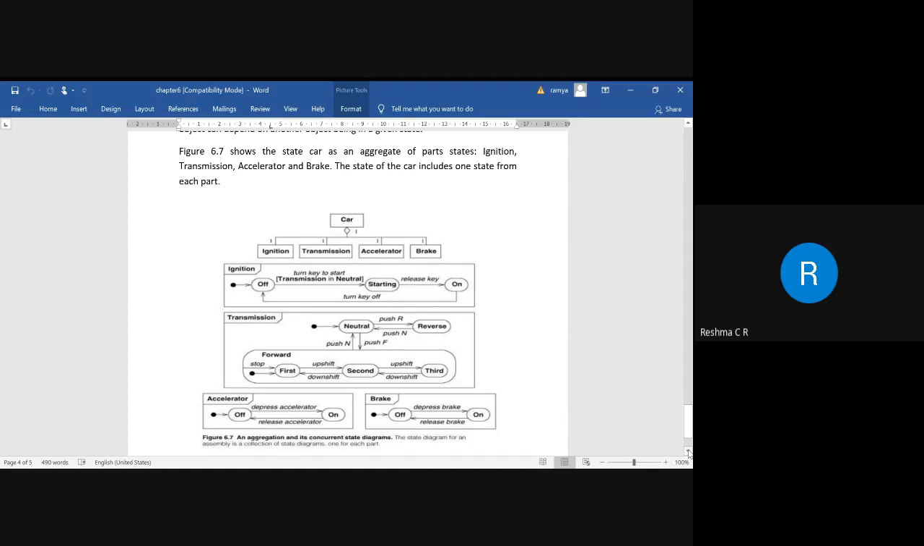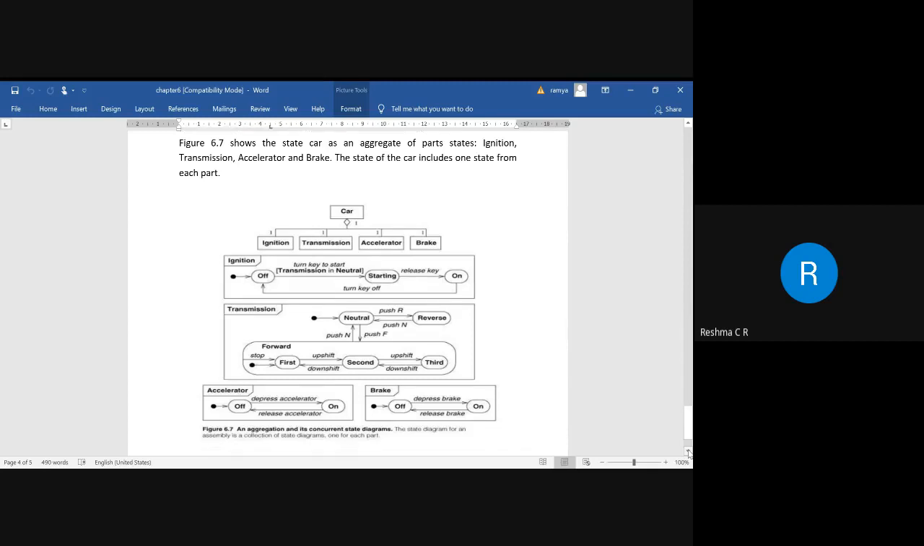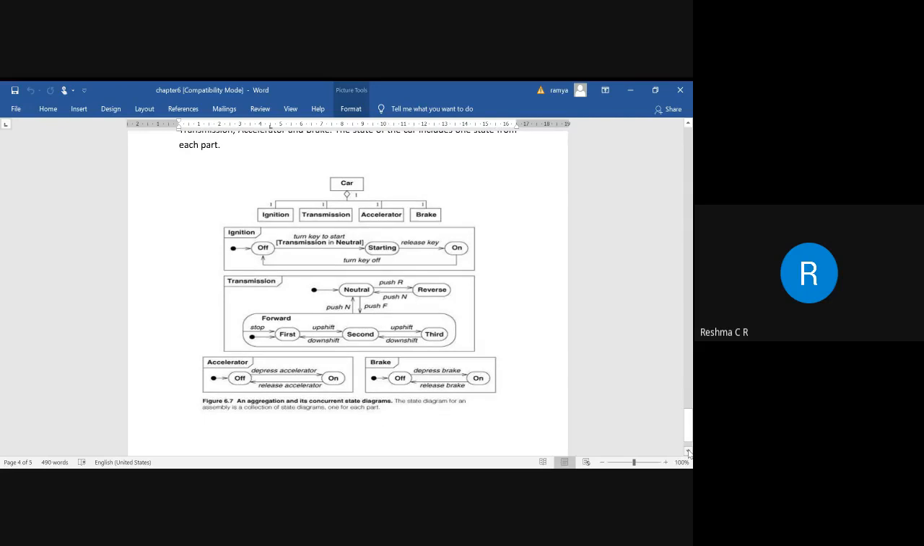Similarly, we have a transmission. This diagram I have explained already. From the neutral, it will come to the reverse gear. From the reverse gear, the owner pushes it back to the neutral, and after coming back to the neutral, he has to take the car forward. So he will keep on changing according to the speed that is required, either first, second, or third gear. So next